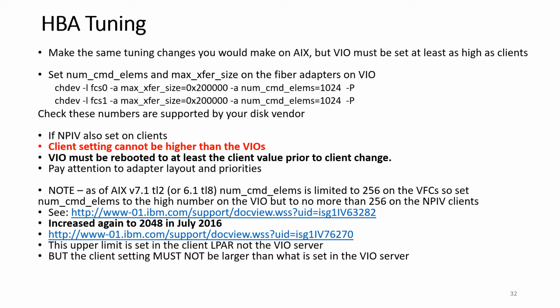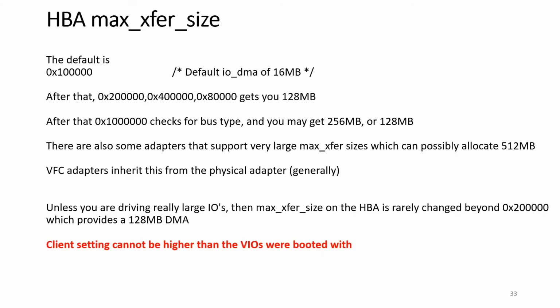In terms of the HBAs, I already mentioned this, but I actually make tuning changes on all of my LPARs and on my VIOs. There's also a max transfer size. The default is a 16 meg DMA. It turns out that under the covers at one of the levels they actually give you one anyway, but I always set it to a 128 meg DMA, and then depending on the adapter type you can sometimes check it